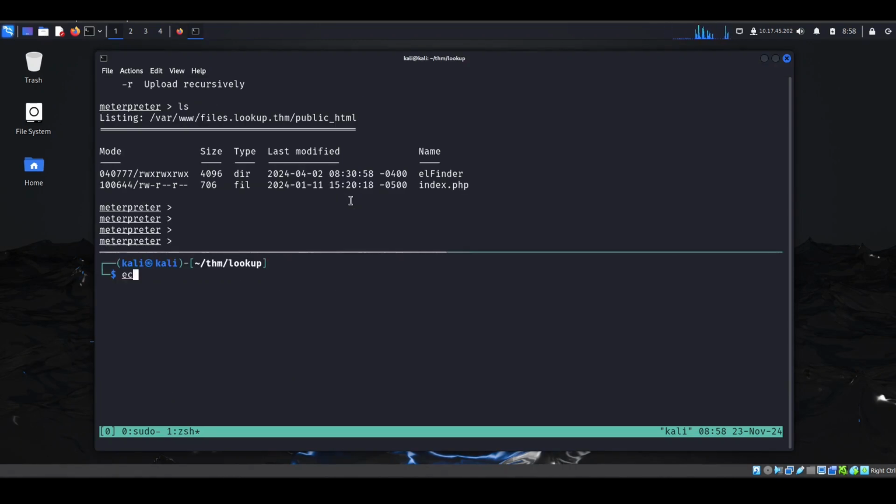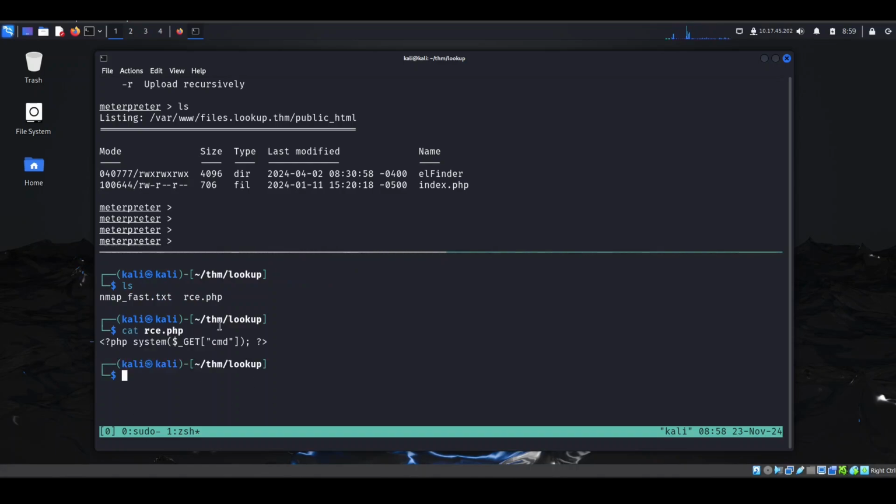I'm going to create a simple web shell here. It's based on PHP, with the system function and $_GET. I guess that is it. We're going to put that in our rc.php file. So cat rc.php, we can see our payload is ready. With the GET parameter cmd, we can execute any system command. I'm going to upload this file here. So upload rc.php,